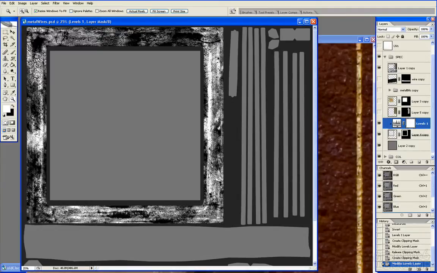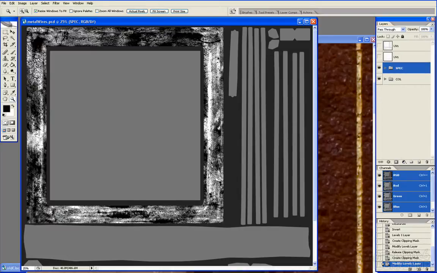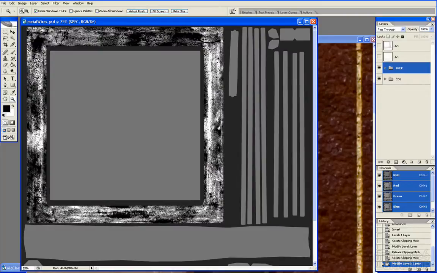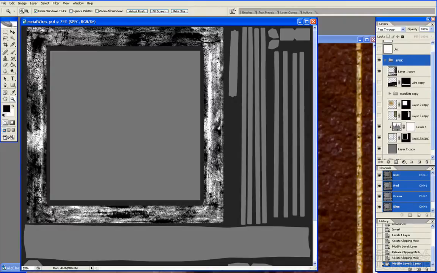So already I see some really nice variation. Because of the photograph, I get all this really nice undulating detail and variation in the spec, which if I were to try to recreate this from scratch, I wouldn't. There are things in here that I just couldn't pick up on based on the color map. Areas that just have a lot of complexity, but basing things off photographs, you can get really nice accurate maps from the photographs. So for this piece, I've just increased the levels just to give some really nice high contrast